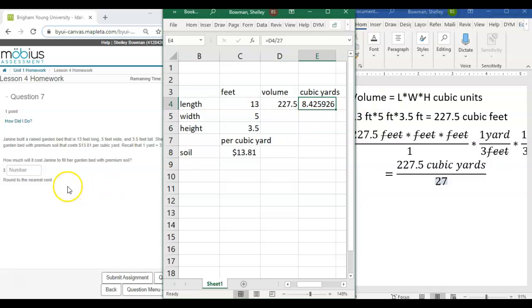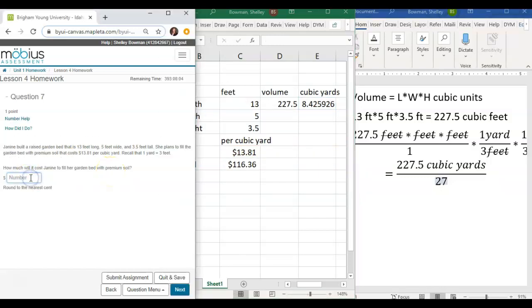The next part of the question is actually the final part, which is how much will it cost to fill her garden bed with the premium soil? Now that I have cubic yards, I can multiply this by the cost per cubic yard, which will give me the total. So we'll do our 8.42 times our 13.1, and let's put that down here for our total, equals. Using Excel, I can just left click here, cell reference my 8.42 cubic yards, multiply by the price, press enter, and I end up with